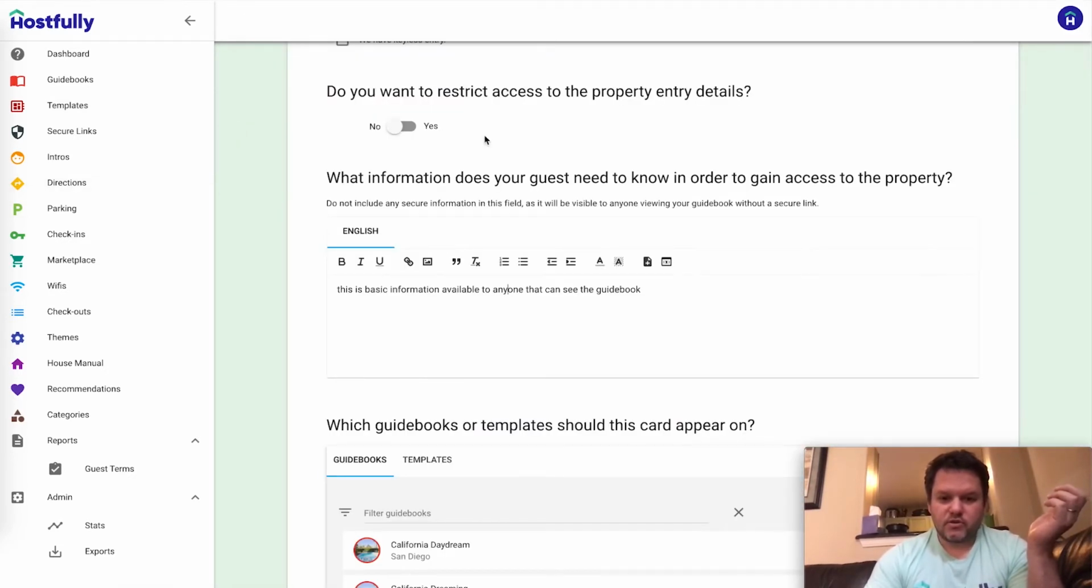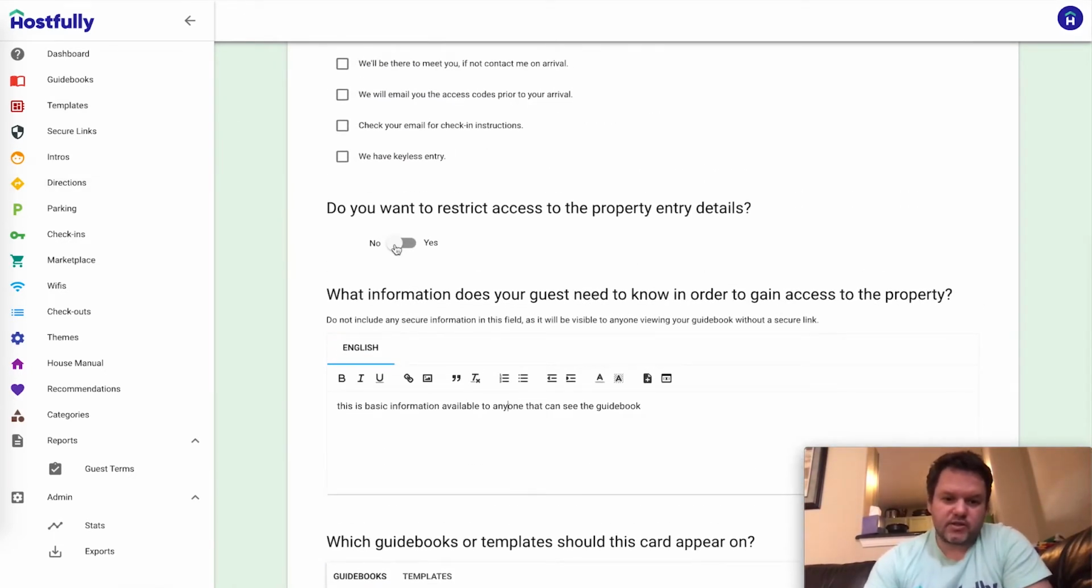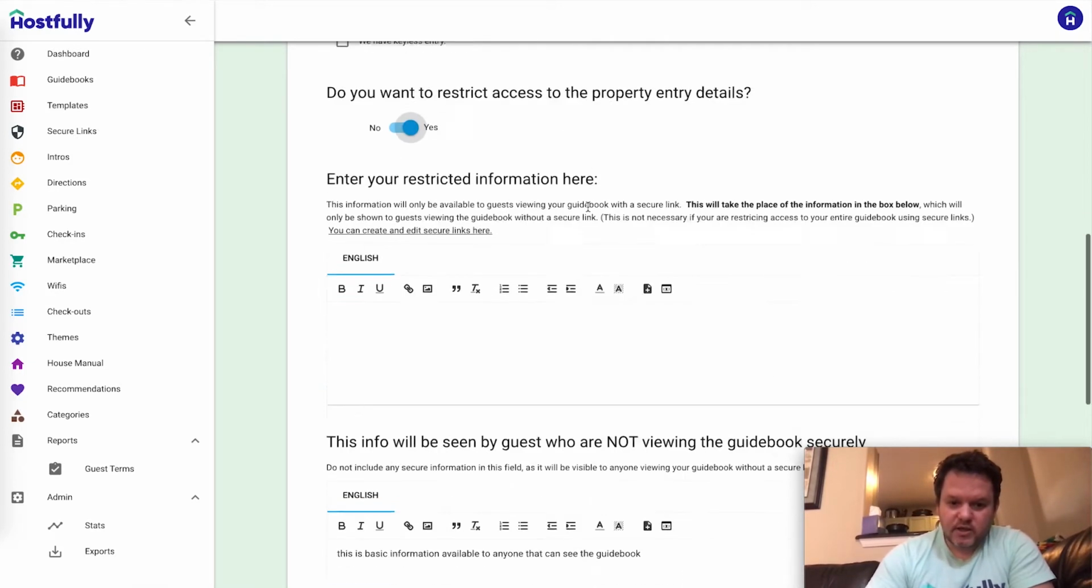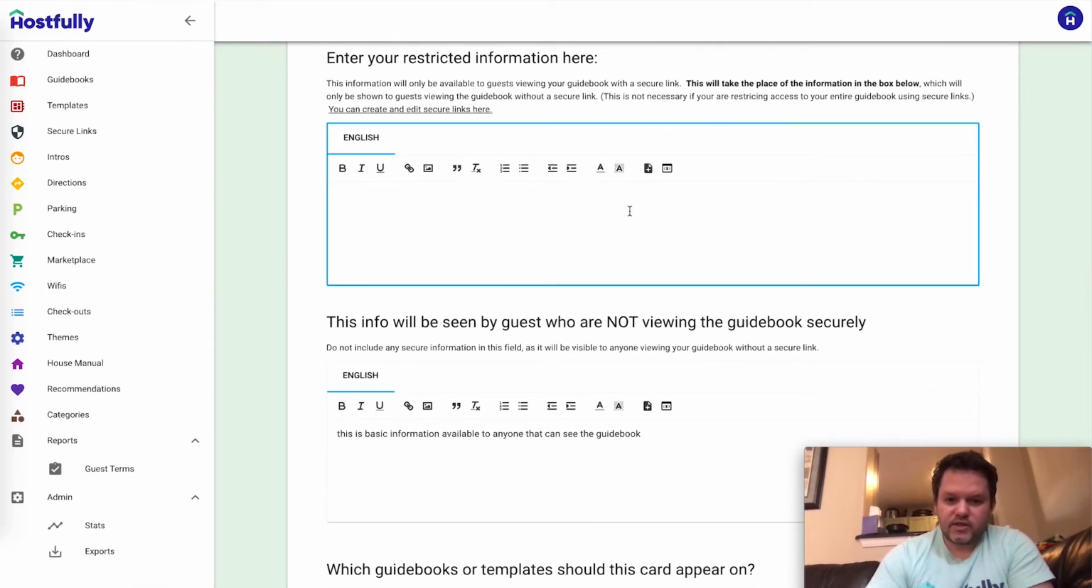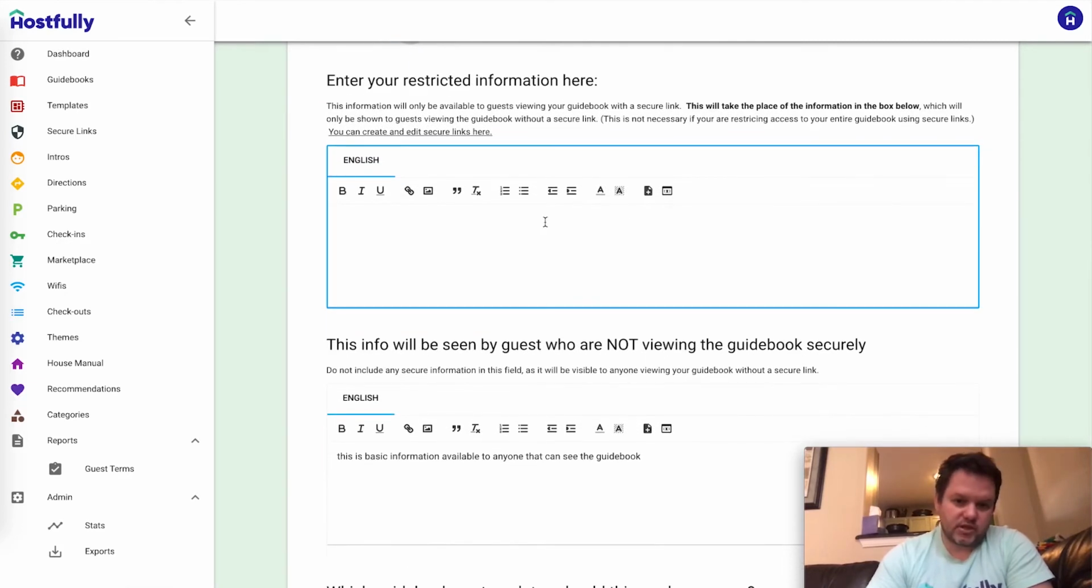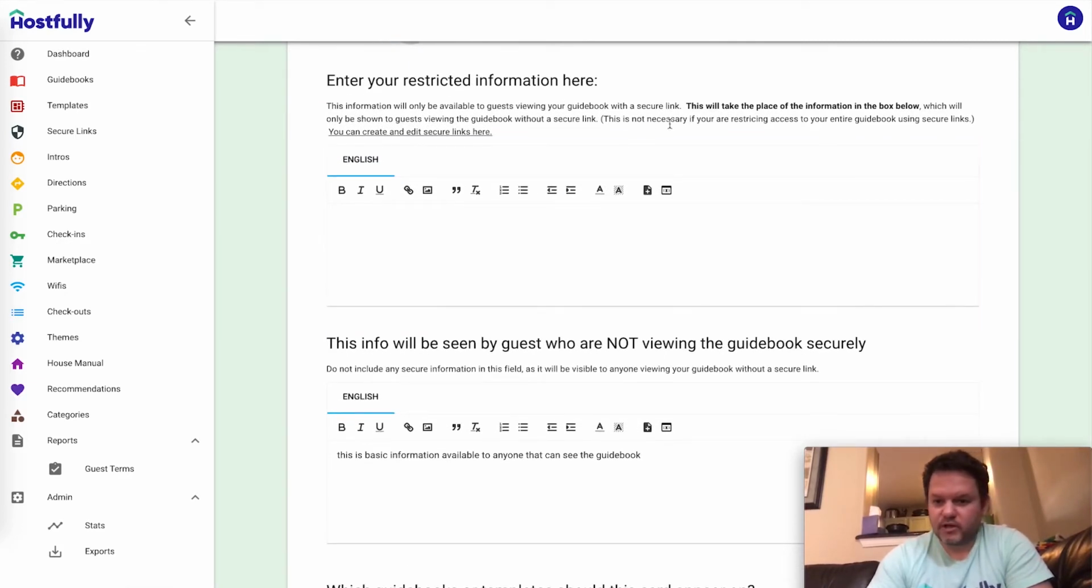So there's also this toggle now that says, do you want to restrict access to the property entry details? Funny, this section used to be called access information, and the sentence, do you want to restrict access to the access information, was too confusing, so we changed it. Anyway, you toggle this to yes, and then you get a whole new box, and this is where your restricted information can go. There's a little blurb explaining all of this. There's links to how to do it, how to create the links,